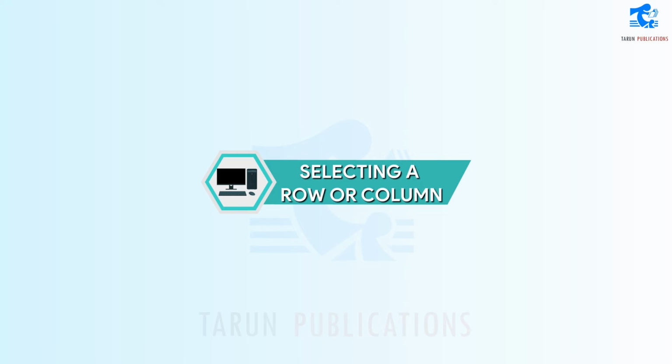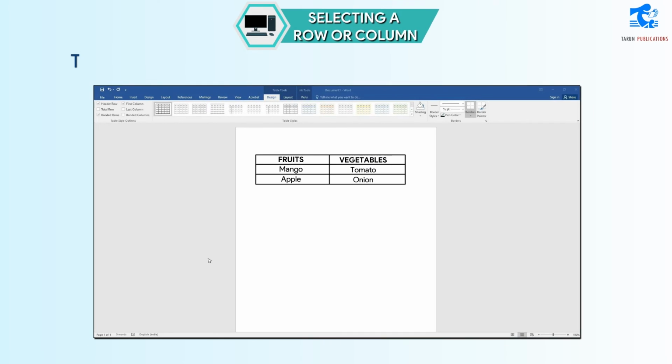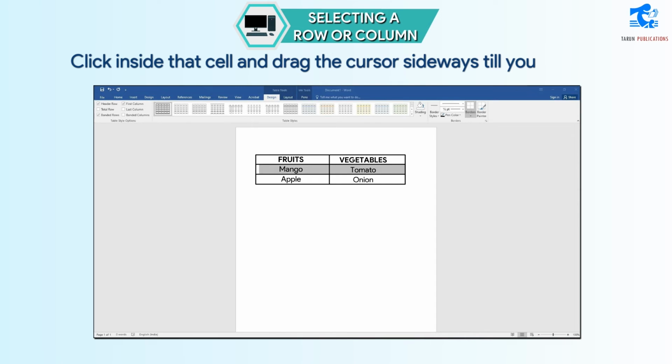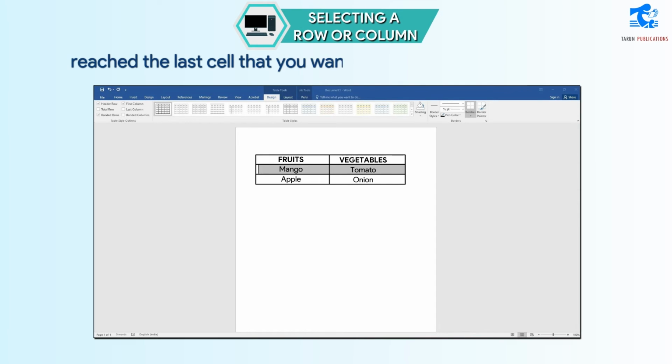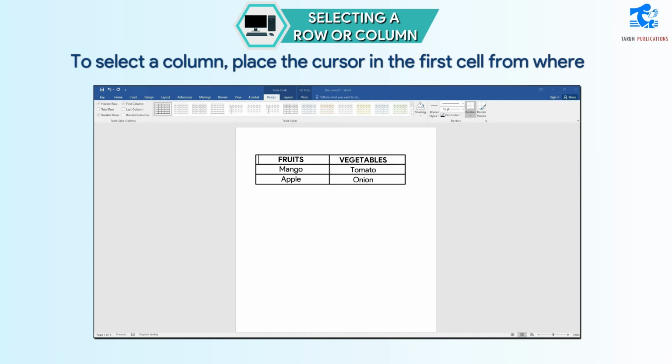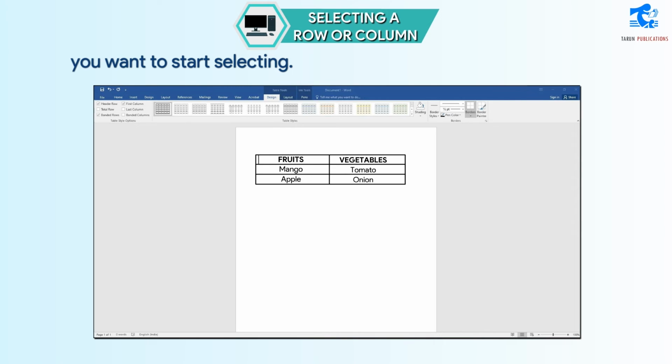Selecting a row or column. To select a row, place the cursor in the first cell from where you want to start selecting. Click inside that cell and drag the cursor sideways till you have reached the last cell that you wanted to select. To select a column, place the cursor in the first cell from where you want to start selecting.